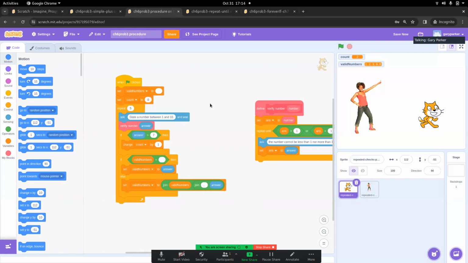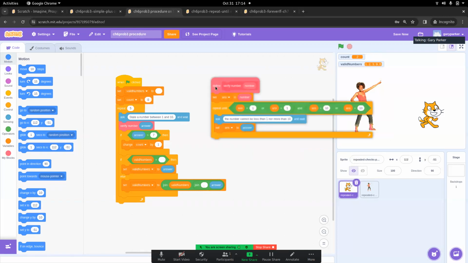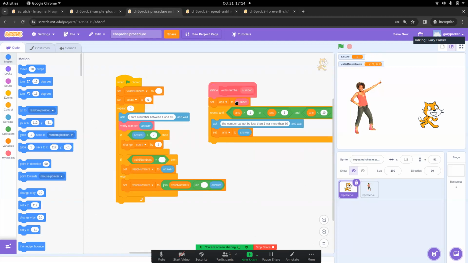And then when we make a procedure, variables in the procedure only exist in the procedure and not outside. And similarly, things that change outside may not change inside the procedure. So the point of this is not only does my procedure to verify the number have to have a variable called number, but I need a swapping variable inside, an extra variable to keep track of the difference between the number that was originally given right here